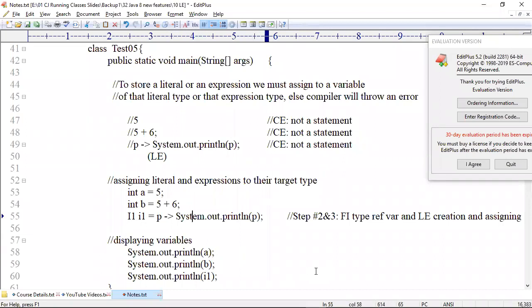Tell me, just by creating a lambda expression, is it executed? No. It is just created and stored inside variable I1. It's not executed.